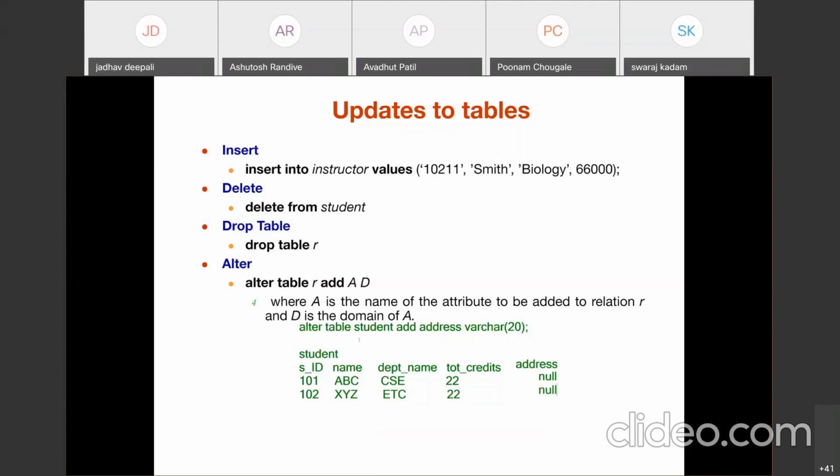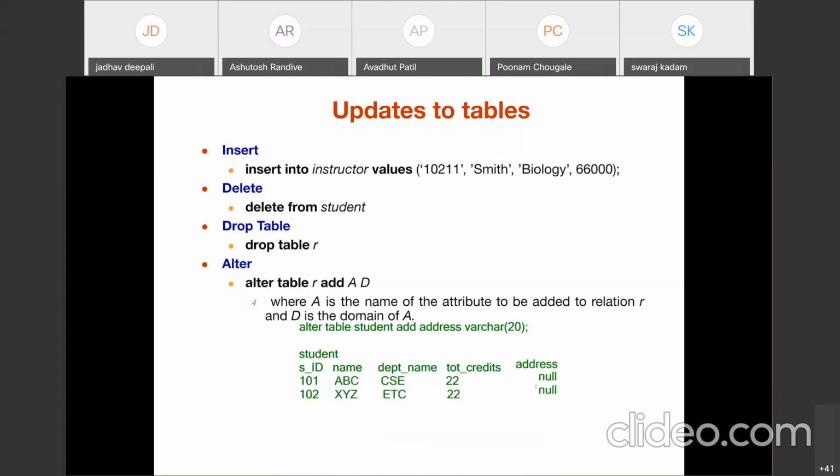So it is possible. But what about the value of address for the tuples already in the relation? For these 2 tuples, it automatically adds the null value. And when we insert a new tuple, it assigns the address whatever we give.